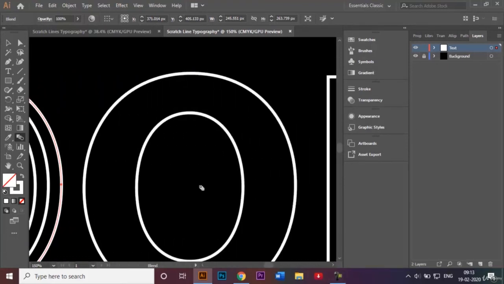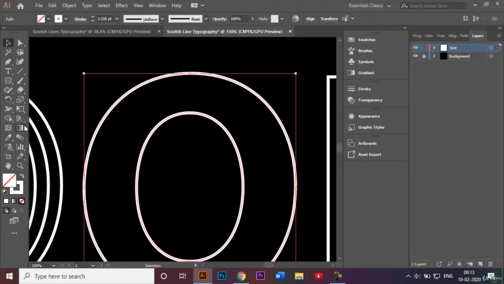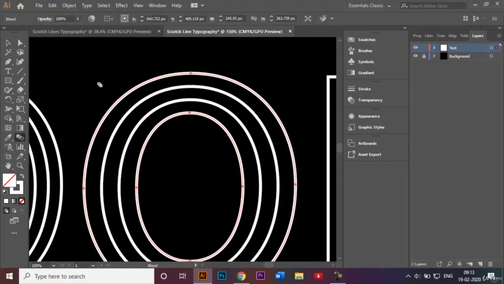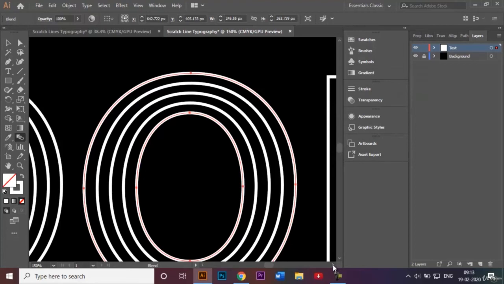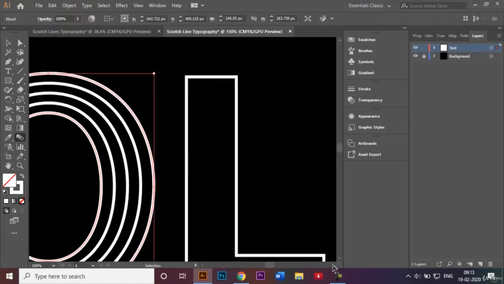Now coming to the other letter, I'll select this. Since we have already released the compound path, all we have to do is add the blend. So make sure that you're selecting this anchor point and this anchor point. Going back to the blend tool and increasing the values in the specified steps option from 2 to 3 and OK. Now coming to the last letter here,